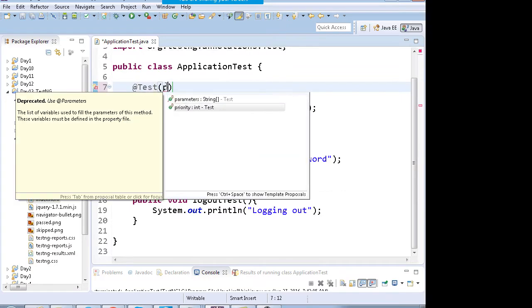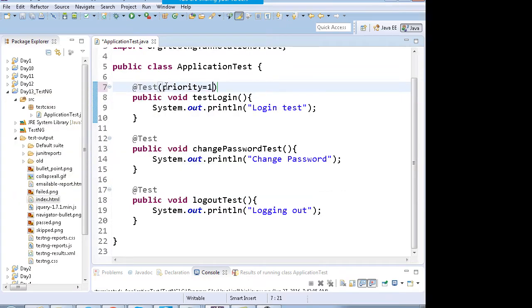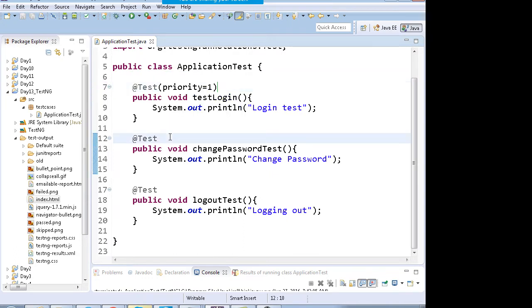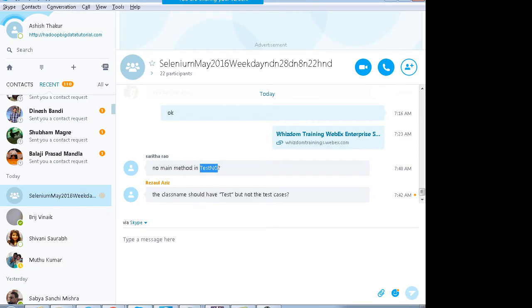You will have to set the priority in TestNG, that this test case in this file has got priority 1. Anything can have anything.